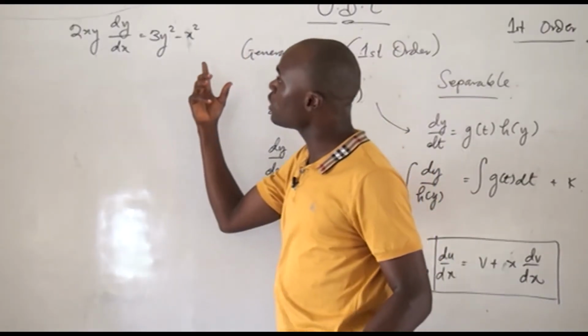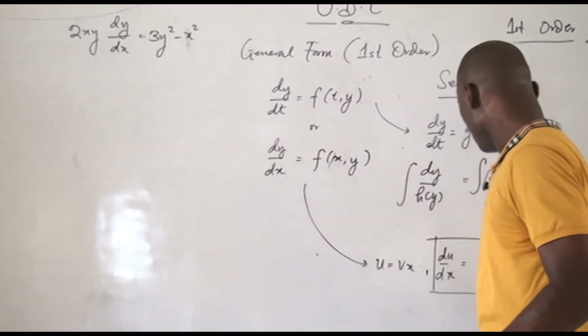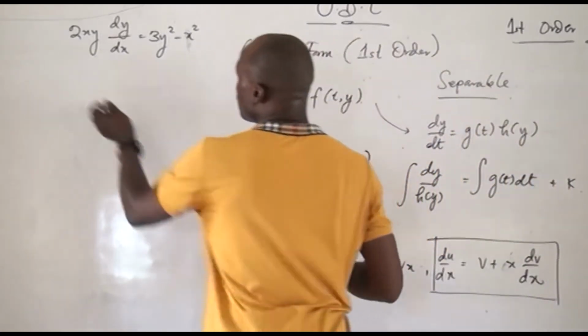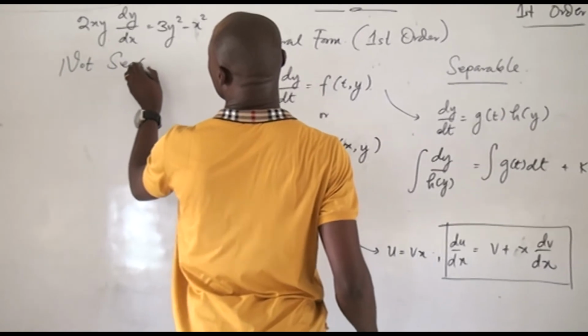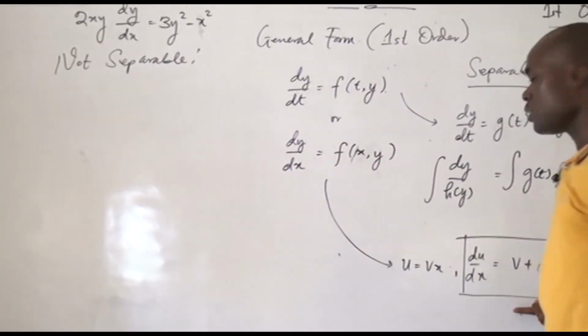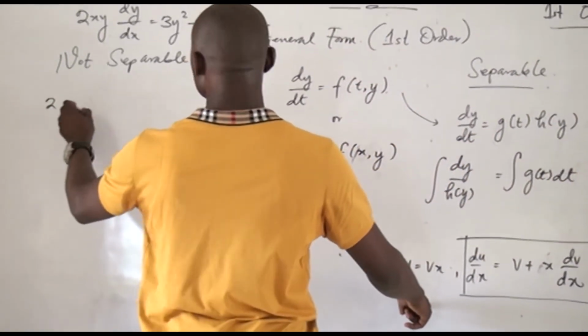So if we can't separate this, what do we do? Like I said earlier on, you can make use of this substitution. So this is not separable. You can always give it a try, see if you can separate this. We can't separate this equation. Since we can't separate it, we are going to